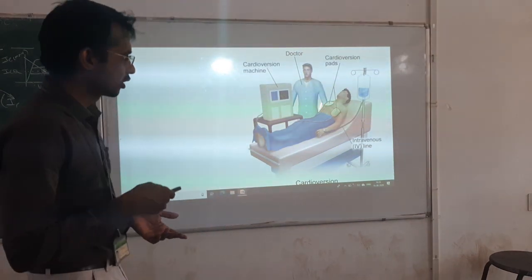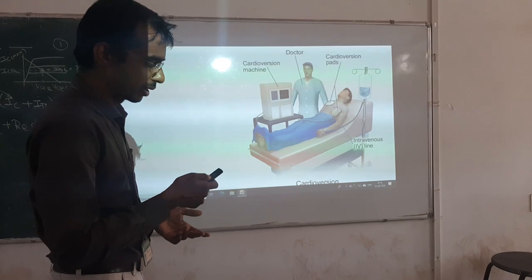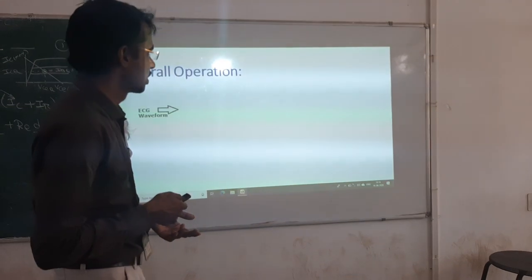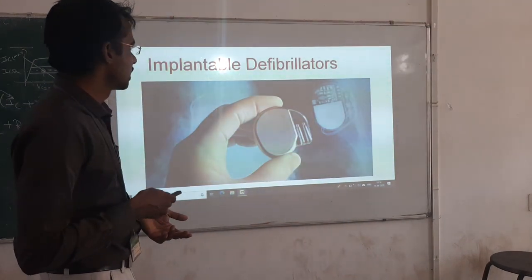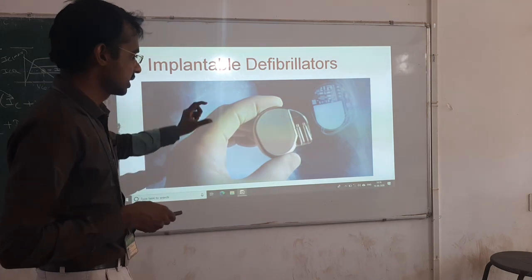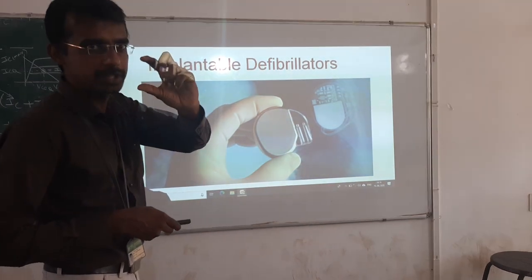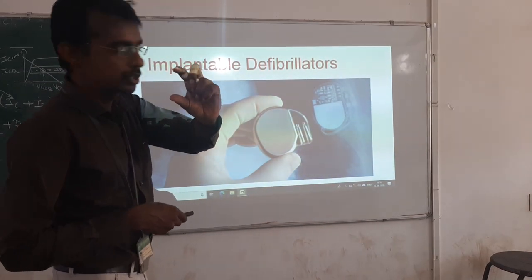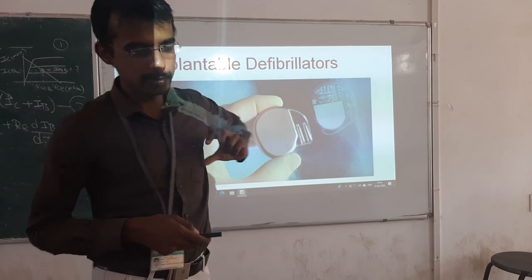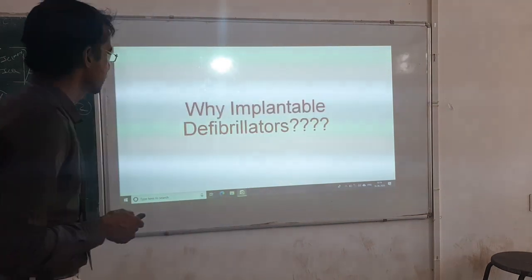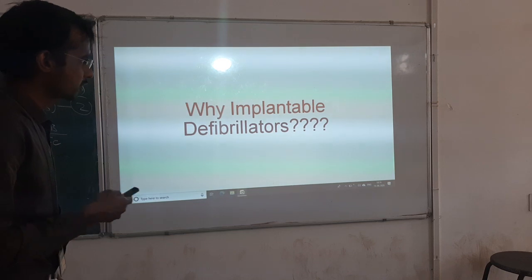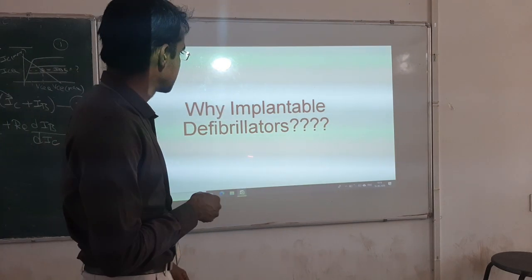When they went on for DC, people started thinking, why not place it inside? That is how implantable defibrillators came into the picture. You can see it's simply this much in size. Like the internal pacemaker, this is also placed at the shoulder. But before going into that, the question is,